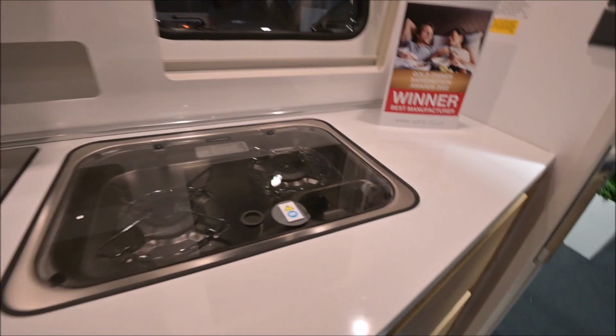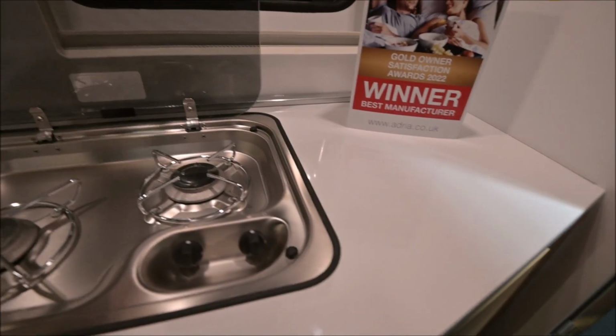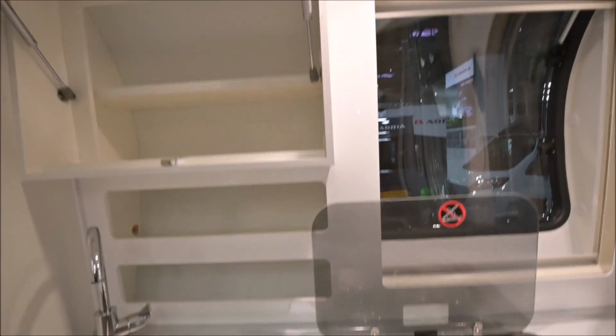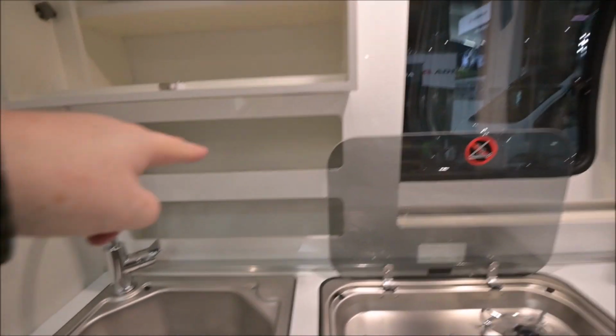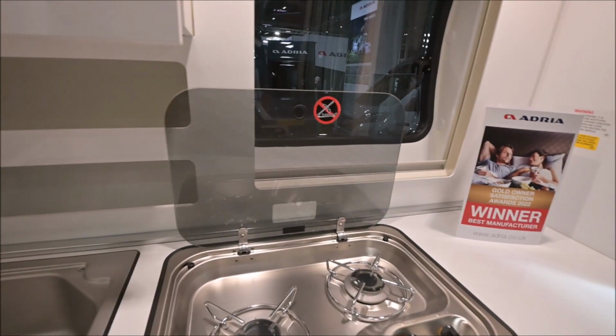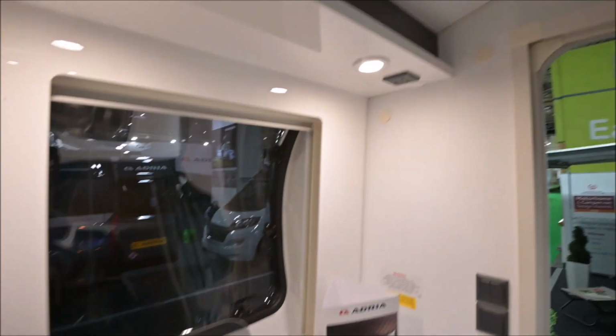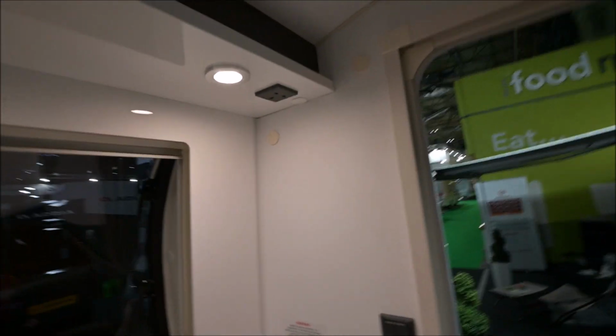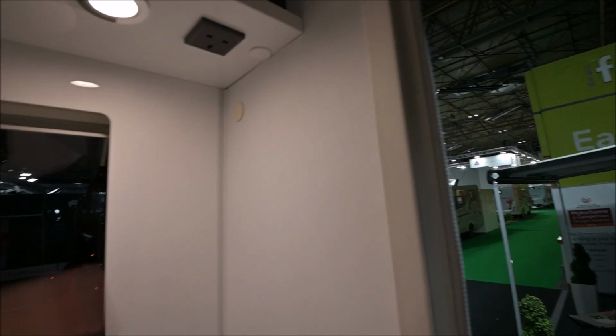Right, let's carry on. Well, the kitchen area, let's get in here. Again, 2-burner hob only, decent sized sink, storage above here too, which is okay, and some more shelves at the back here, and some good downlighters there too. And there's a plug socket up here, which I always think should really be down here on the wall. But anyway,